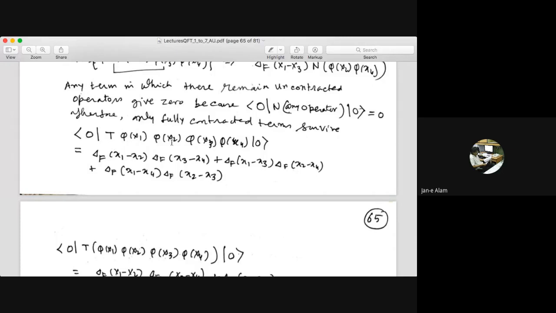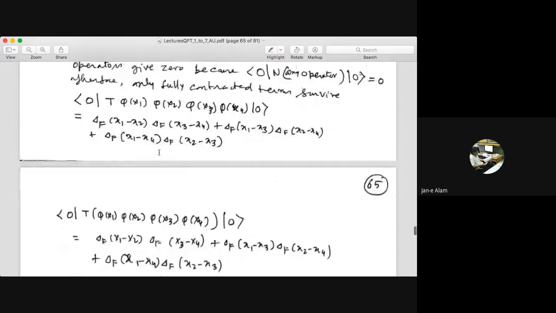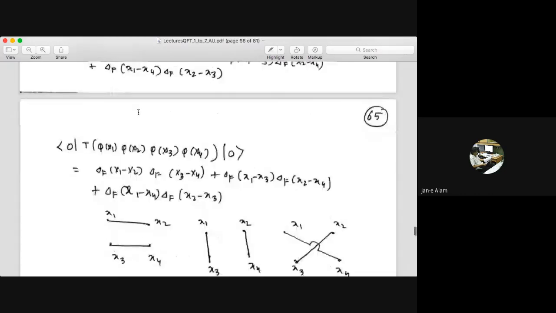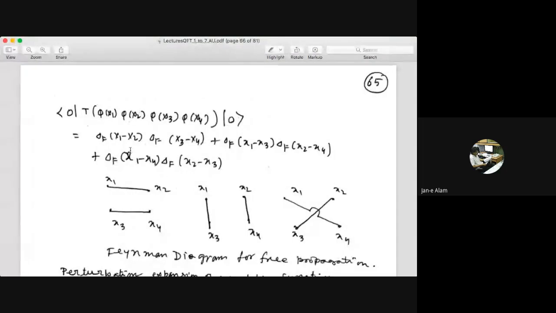So if I evaluate the time order product of these 4 fields, I get these operators, and these operators I can now graphically represent. You see, I have 4 points here, x1, x2, x3, x4, corresponding to the space-time arguments of these 4 fields, right? So this x actually contains both the time and the spatial coordinates. This one will indicate this propagator, D_F(x1 minus x2), the particle is propagating from x1 to x2, and this one will say it is going from x3 to x4.